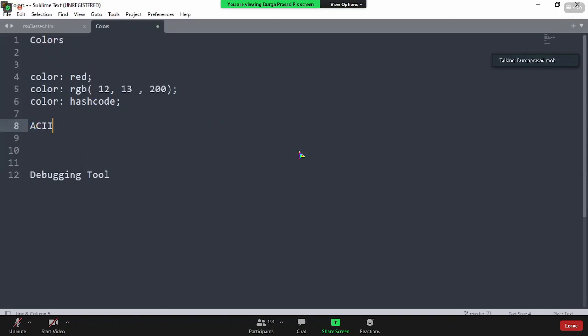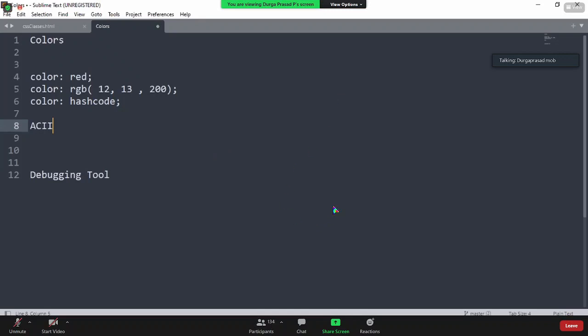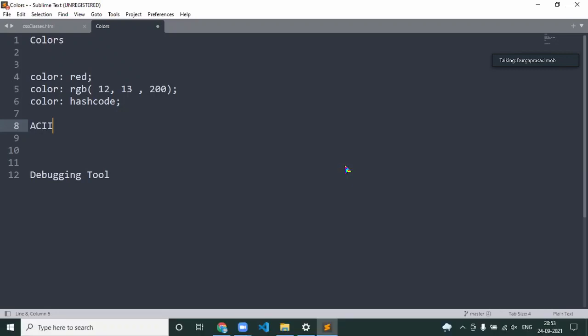Yeah, that's nice. You would have heard about ASCII in your very basics, when you're learning about computers. There is something called a binary language. The system doesn't understand every character or number you give. The system only understands binary language, which is in the form of zeros and ones.